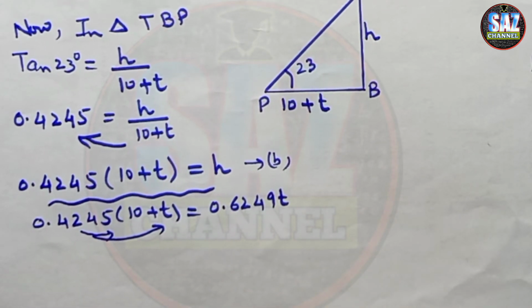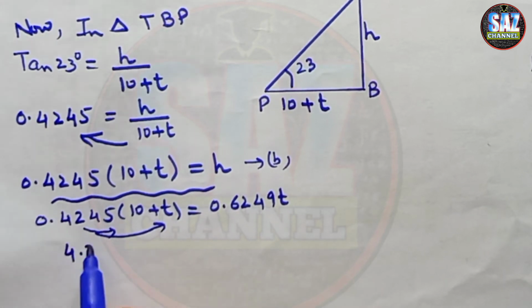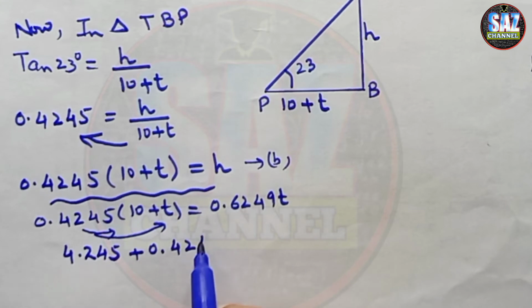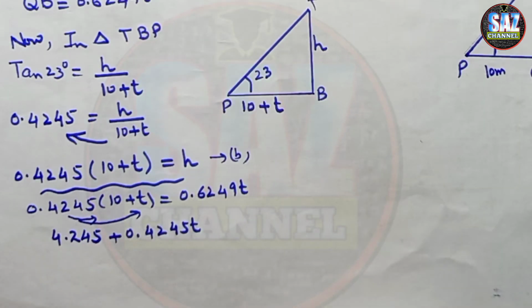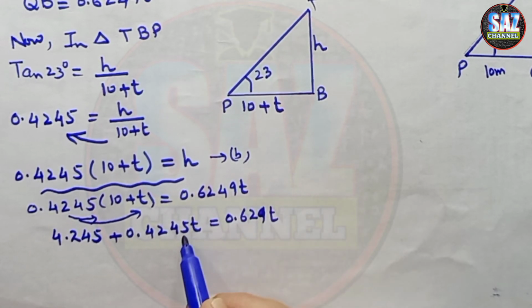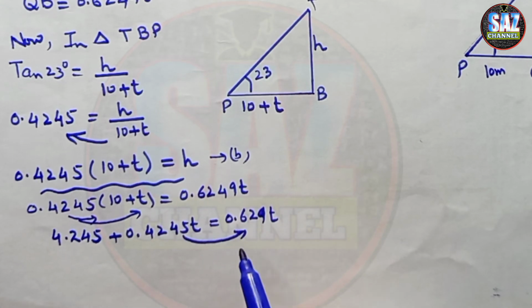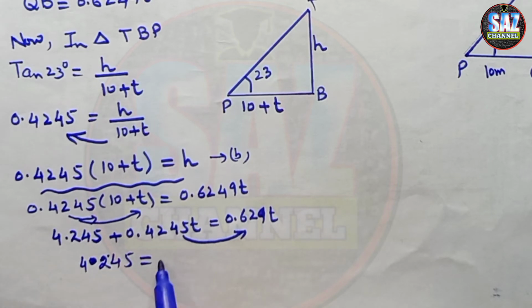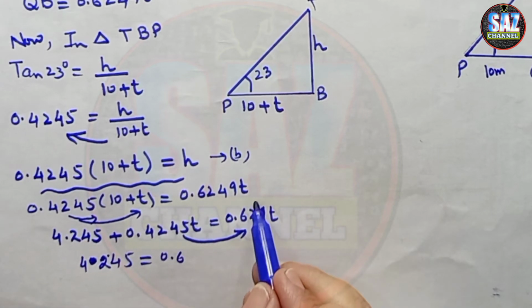Always use the concepts that you have learned in your previous lessons so that learning becomes perfect. 0.4245 multiplied by 10 gives me 4.245, plus 0.4245 T equals 0.6249 T. Shift this T term to the other side, and the equation will take the form 4.245 equals 0.6249